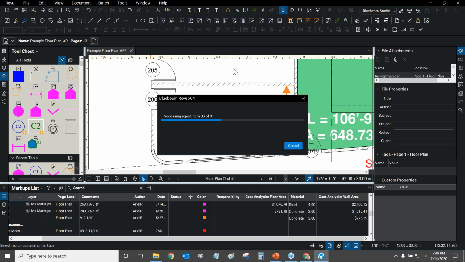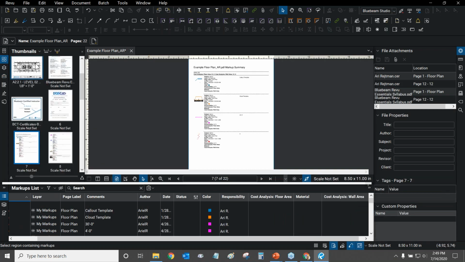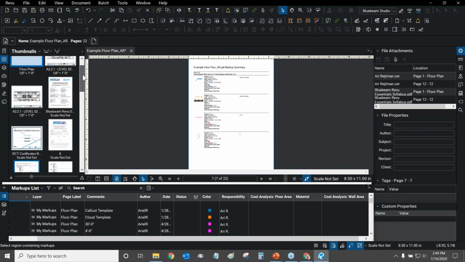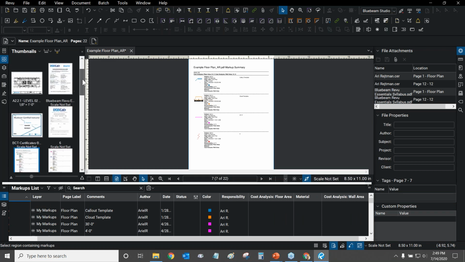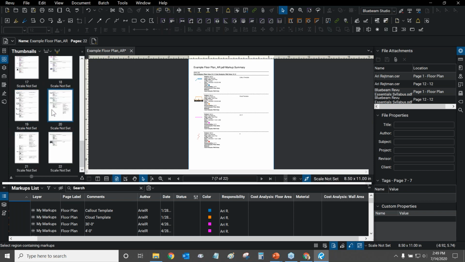Each markup is going to have an image next to it. And because I am now appending and hyperlinking to the summary reports, now each markup's image is going to be a clickable button. So the report is nearly ready. Should be opening right after it's done. There we go. Let's go into our thumbnails, because the report actually makes itself in the rest of our PDF set. So I had 6 pages. Now I have 22. That's a lot of markups.